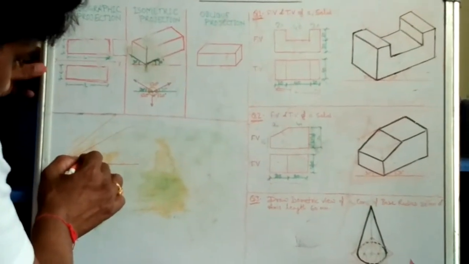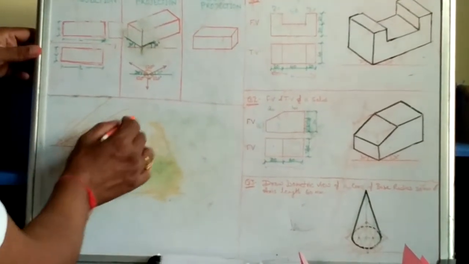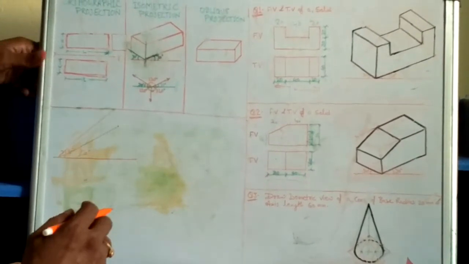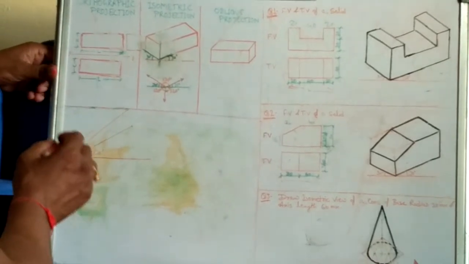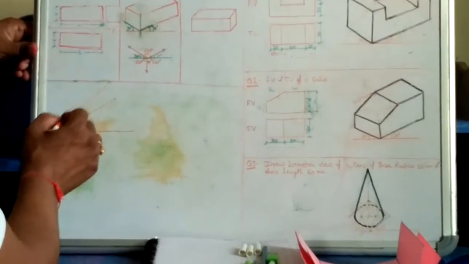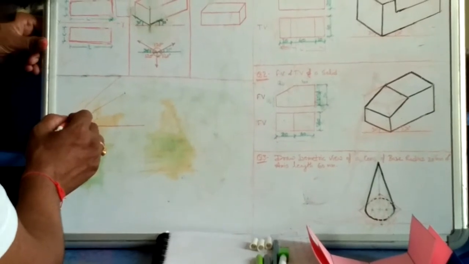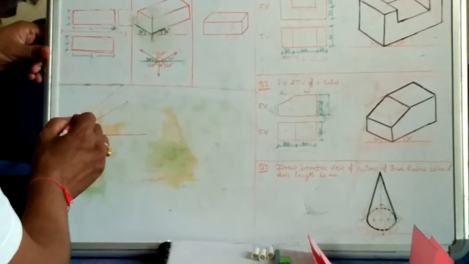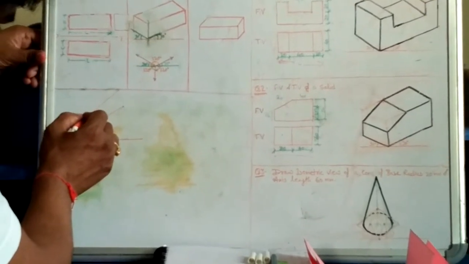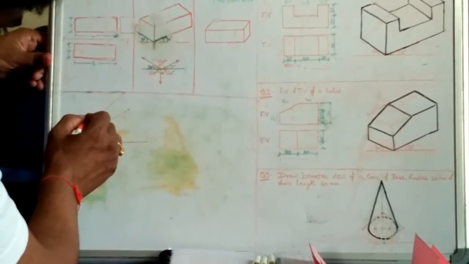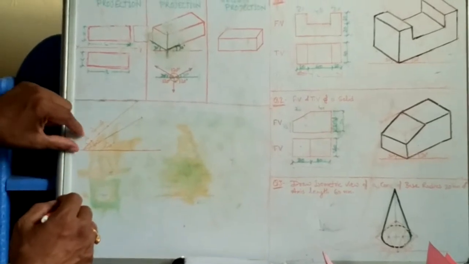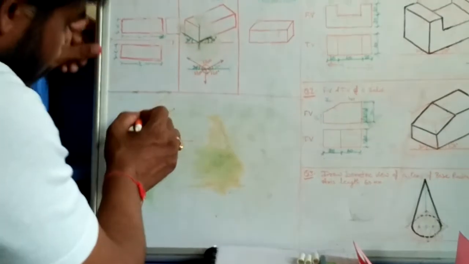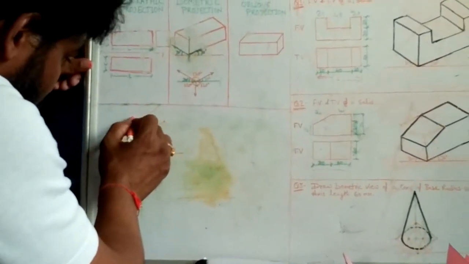This line is at 30 degree and this line is at 45 degree. Make the true scale here, true length here. Suppose this is 10 mm, this is 20 mm, this is actually 30 mm actual,